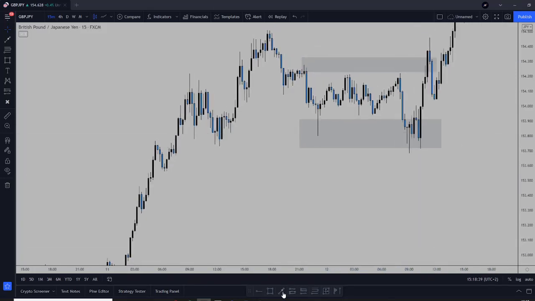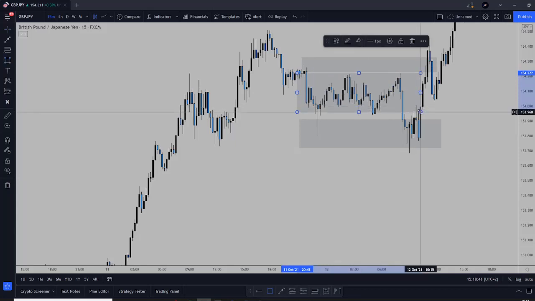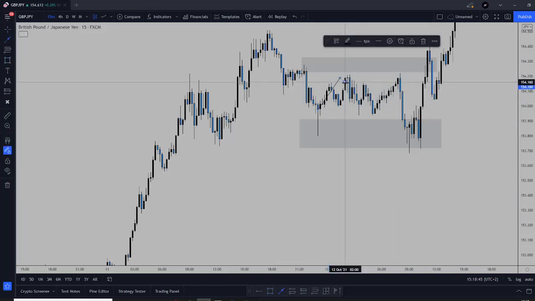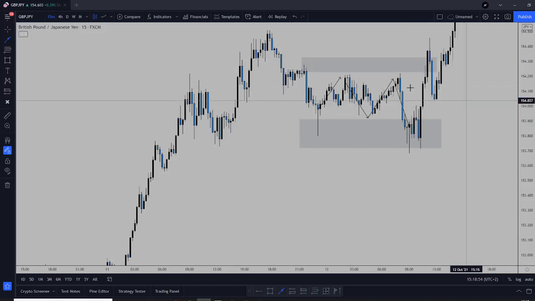And then what did the price do? It was just ranging the whole time, as you can see right here. It was just going up and down, up and down, and then finally it decided. Well, actually, let me just show you first. There were actually two scenarios here, which is pretty interesting. So let me just delete these for you guys.